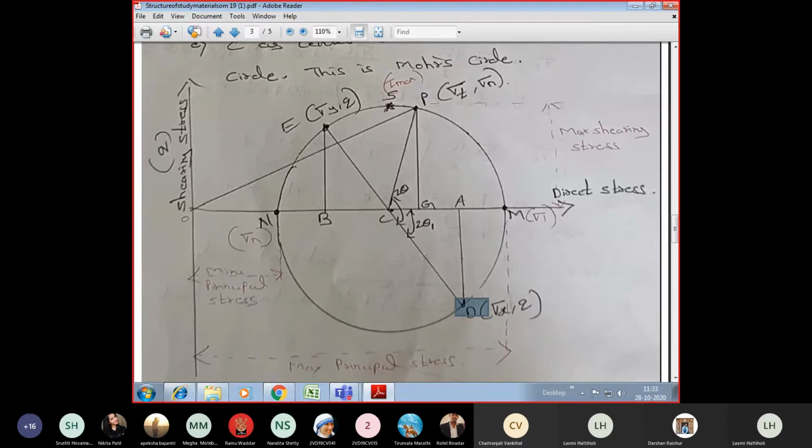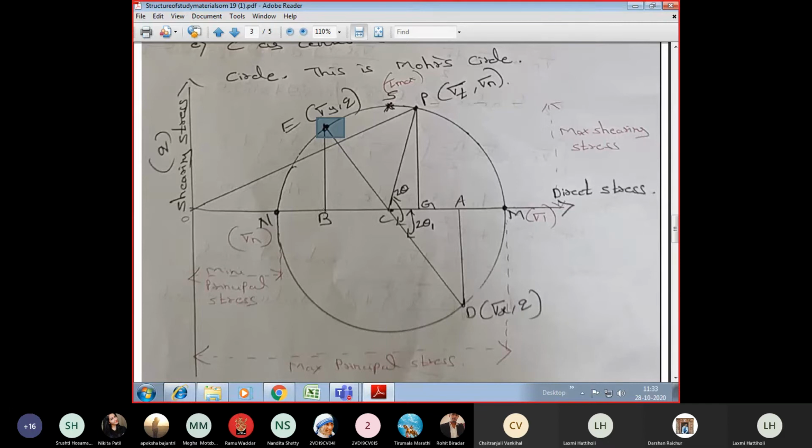After marking the point D, now mark the point E, as I have clearly shown here. You can use your protractor, compass and all. How do you mark the point E? The coordinates I have written here, sigma y comma q. Sigma y is on the x-axis, that is 0 to B. 0 to B indicates sigma y. Again, convert it to some scale and draw the marking. So 0 to B is sigma y.